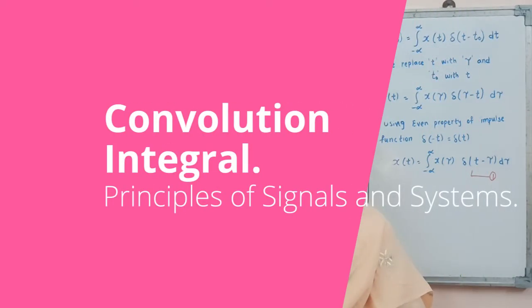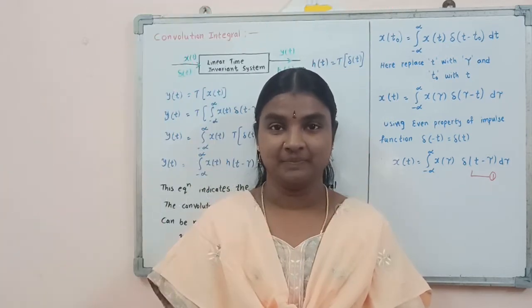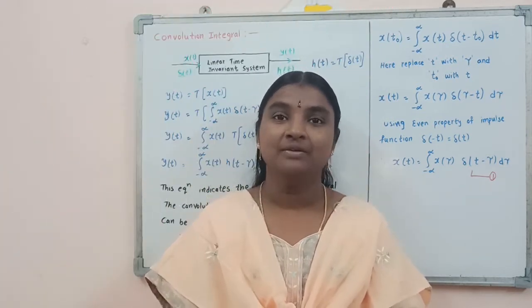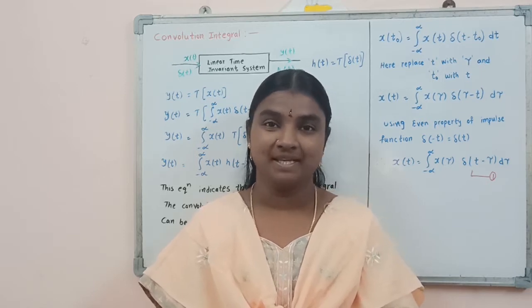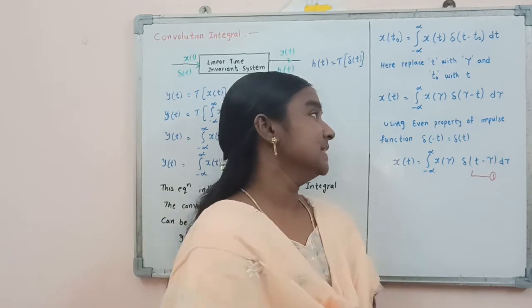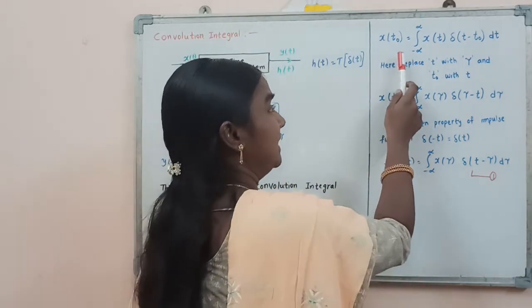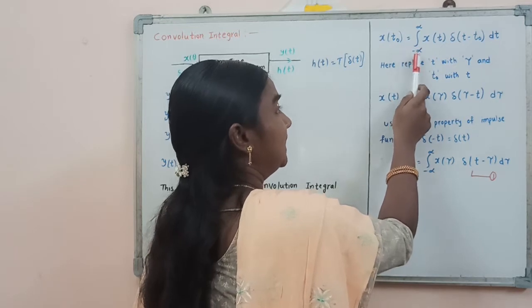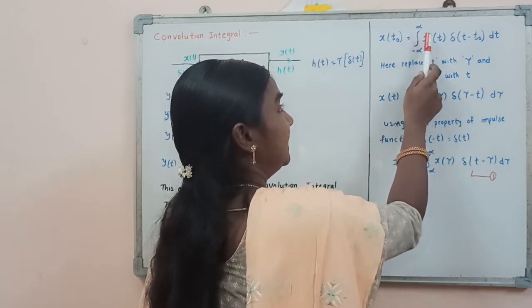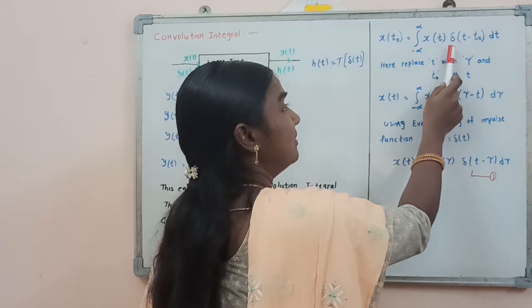In this video, I am going to explain convolution integral on continuous time domain signals. Before going to that, firstly we will consider the property of impulse signal. And this is the property regarding impulse signal: x of t naught will be equal to integral minus infinity to plus infinity x of t delta of t